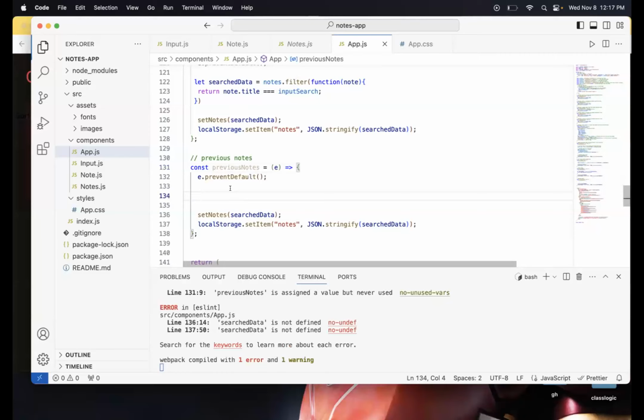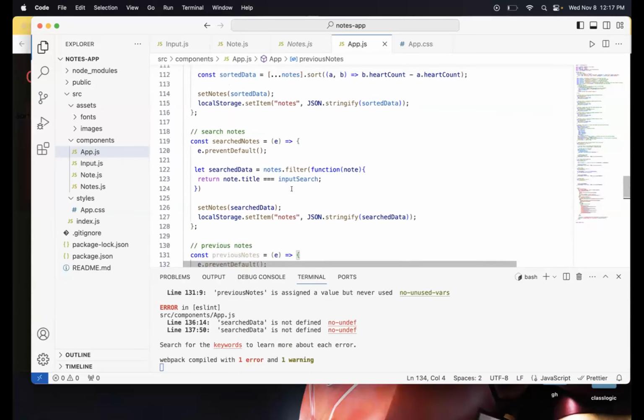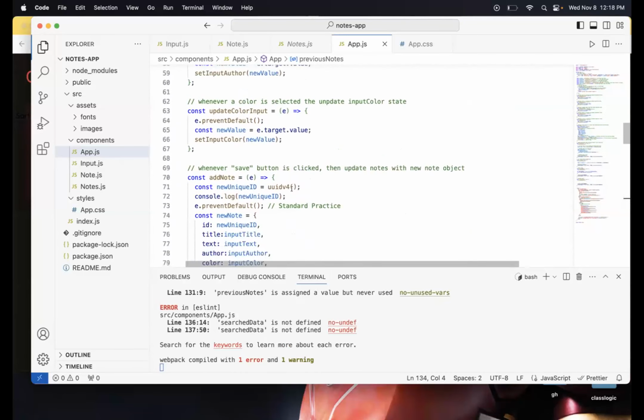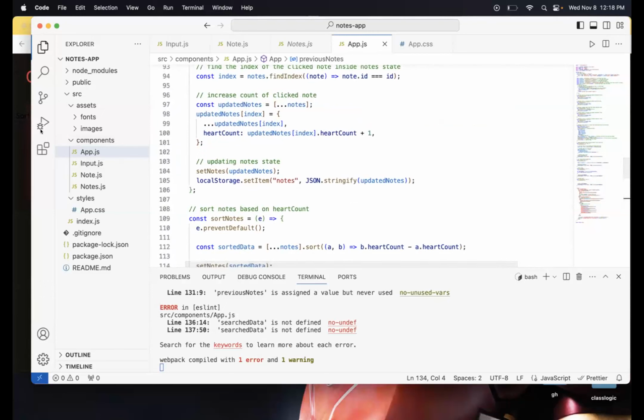Okay, so one thing. Before I actually set anything into this previous notes function, I have to make sure the priv note variable actually holds the previous notes.